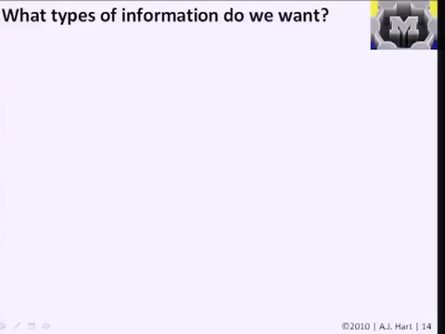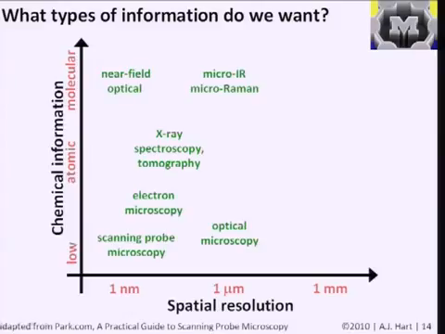So all these things. We want to know as much as we can, and not only do we want to know the size, but we want to know the placement of the atoms, and we want to know how those, you could say, physical or structural attributes relate to the functional properties of the material. And this lets us get to things like maps that try to approximately put different characterization techniques in a space. And so this is my attempt at adapting information that I found and trying to map out the spatial resolution, or the finest feature that you could measure, against the amount of chemical information that we get from a technique. Basically, what the atoms are, in addition to the fact that they have a certain size, and how they're